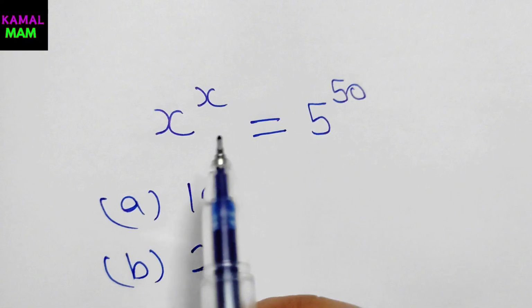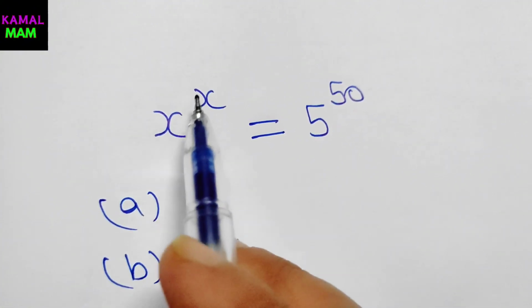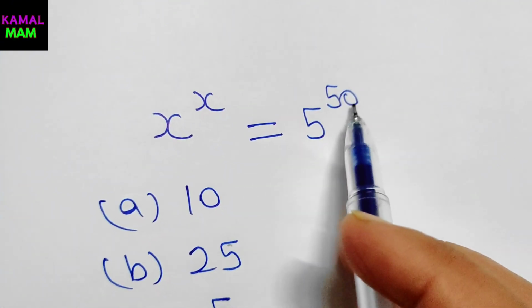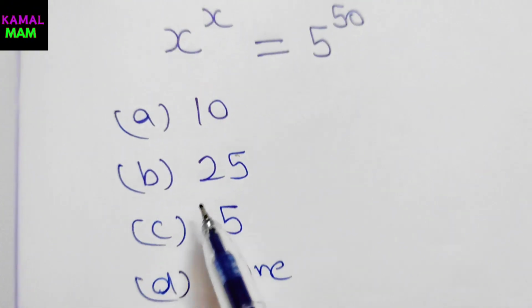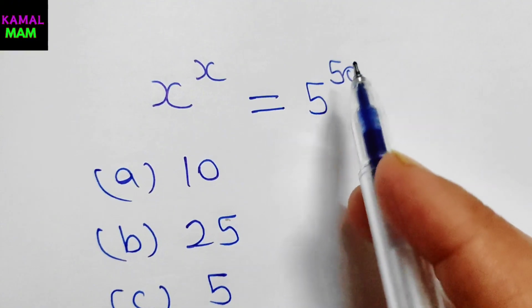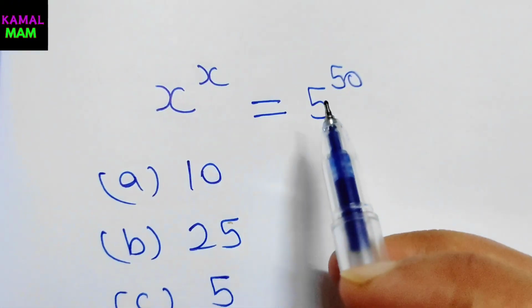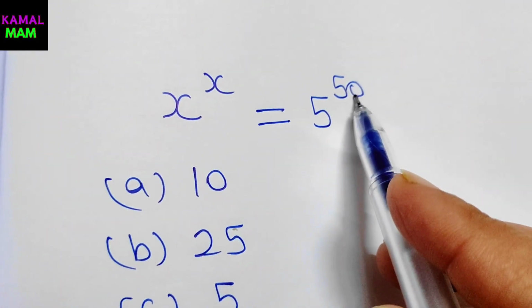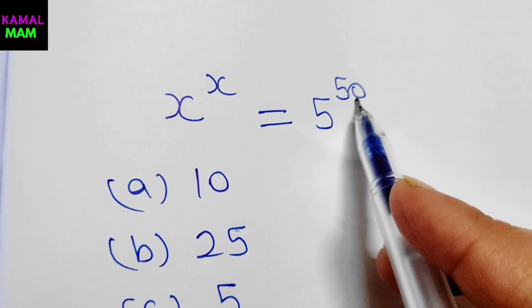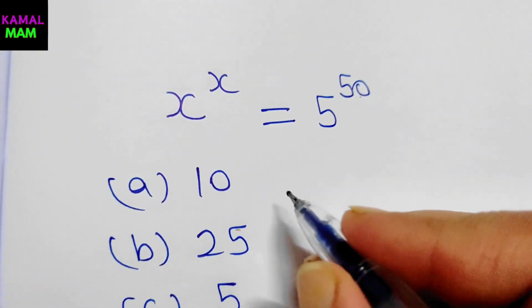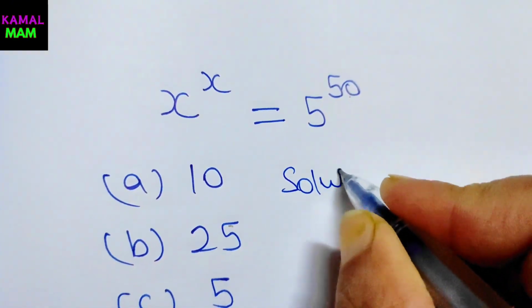Here it is. We have given x raised to power x is equal to 5 raised to power 50. Here are the options. If you have this type of problem, then what we're going to do is just look at the exponents first. Okay, so here 5 to the 50, so we can break this 50 in terms of 25. How can we do it? Okay, its solution is